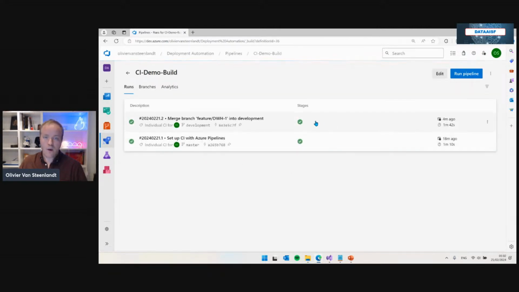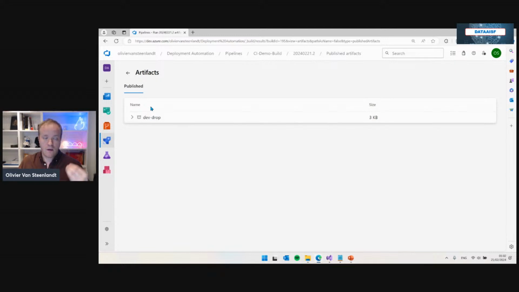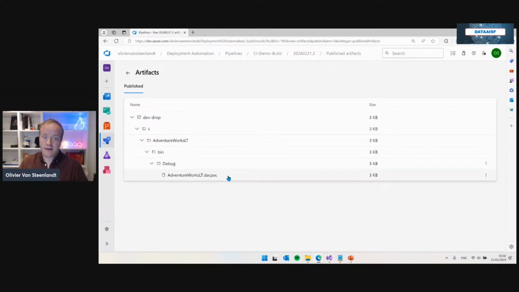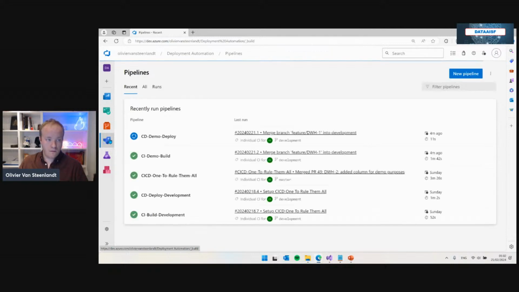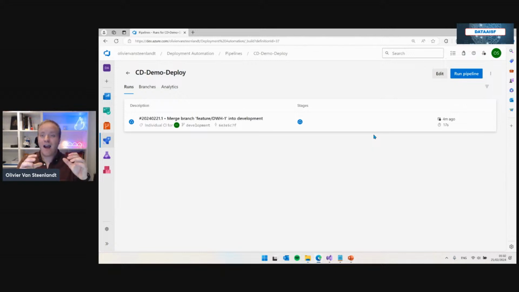I'm going to take a quick look at my build pipeline. It did say it published it, so I know the result is there, dev drop, yeah. And I can see my backpack file. So, okay, there we go. I just need to be patient. And that's one of the reasons I actually want to automate it. I don't want to be bothered when it gets deployed. I just want to start something completely different, which of course is pretty hard when doing a demo,